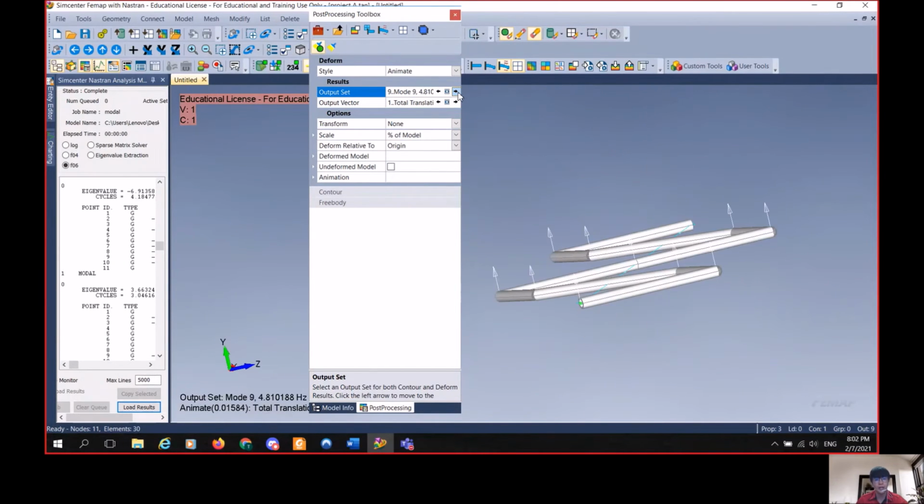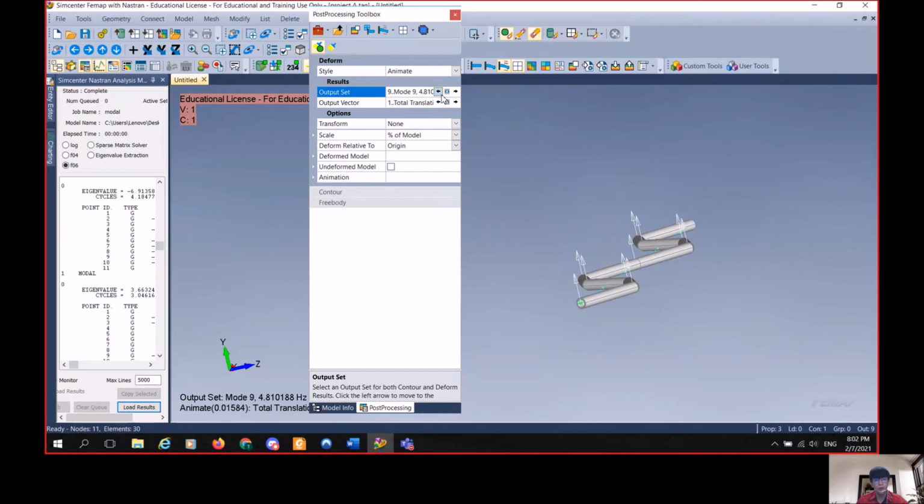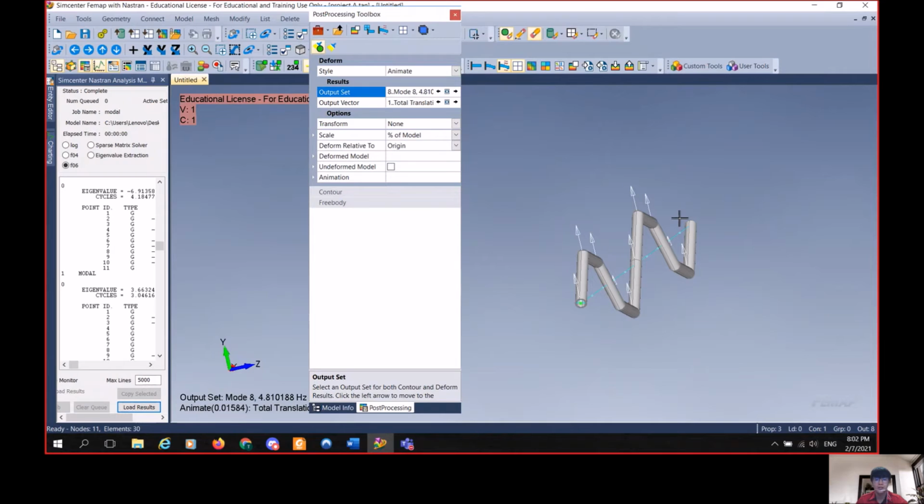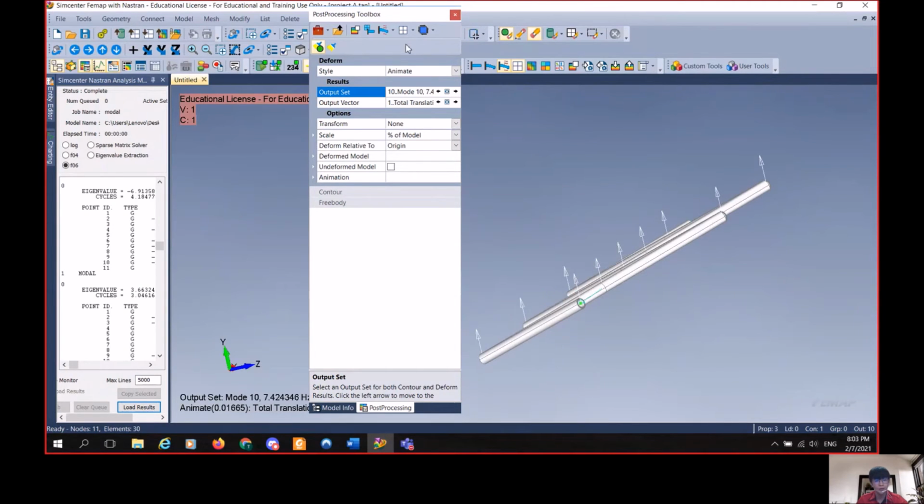The same goes for mode 8 and mode 9, having the same frequency of 4.81 hertz, but different axes. Mode 8 is moving in the y-axis, while mode 9 is moving in the z-axis. For mode 10, it is moving in the z-axis with a frequency of 7.4 hertz. So after I simulated all the 10 modes of my new pipe,